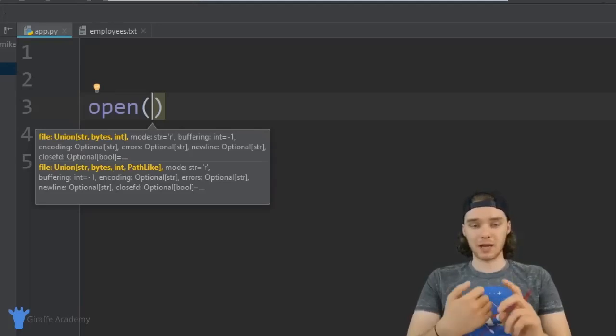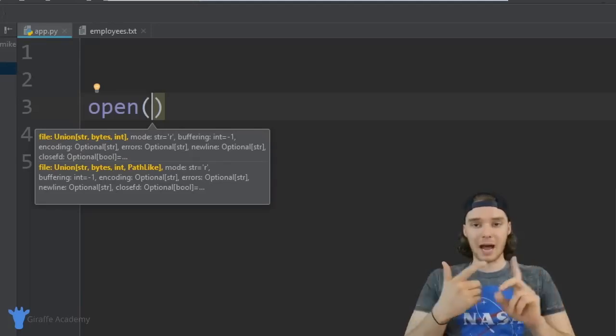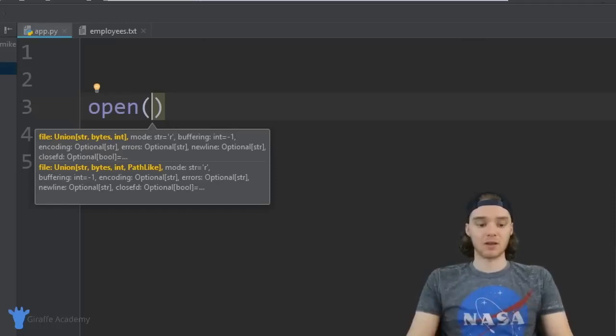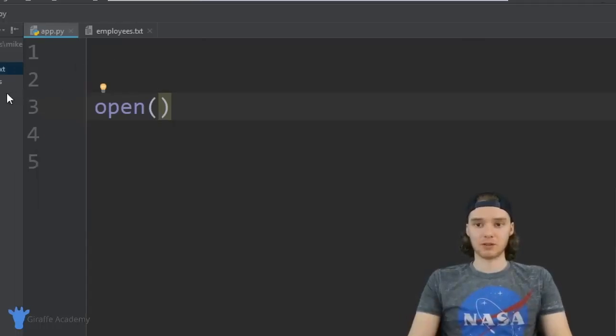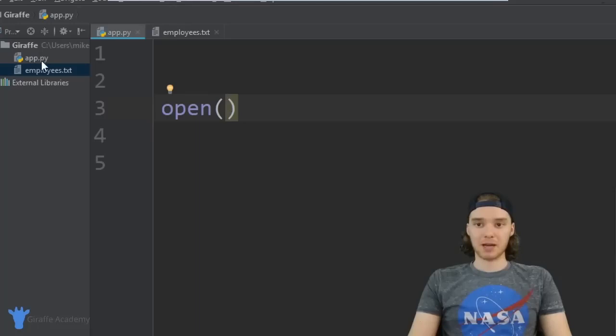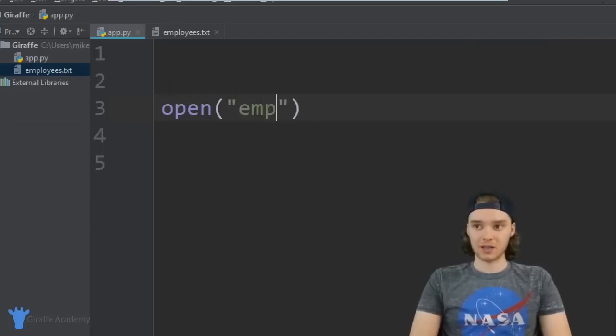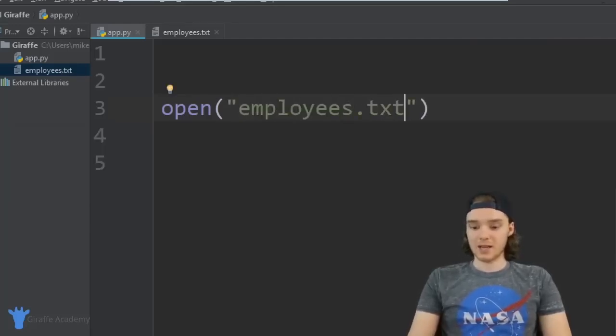So this is either going to be a relative path to the file, an absolute path to the file, or just the file's name if both files are in the same directory. So in my case, app.python and employees.txt are in the same folder, like they're in the same directory. So I can just type out the name of the file. I can just say employees.txt. And now I want to put one more thing inside of this open function, and it's going to be